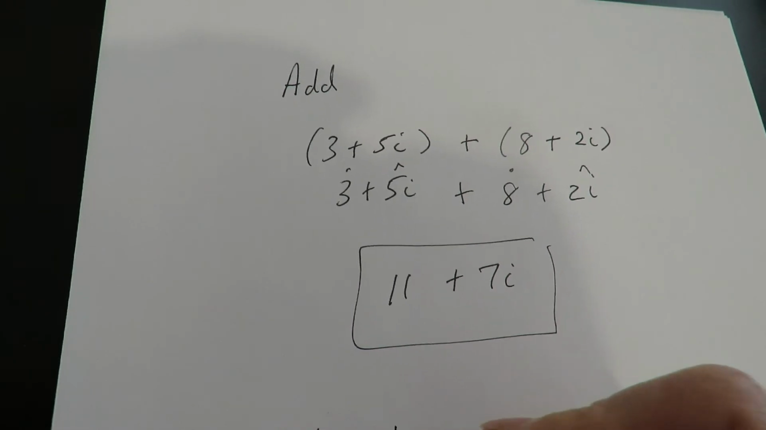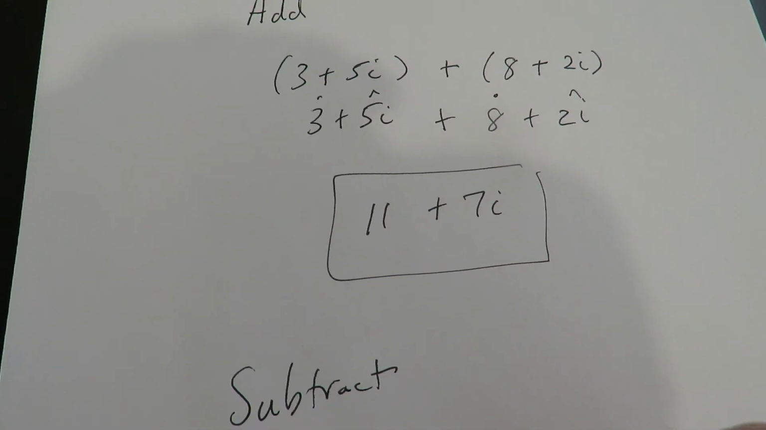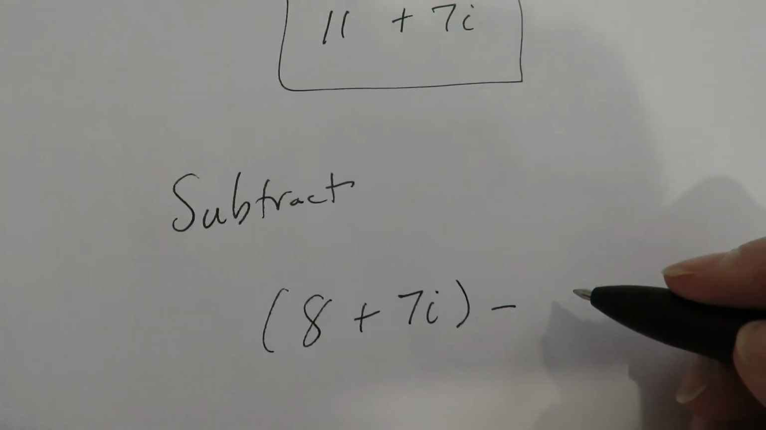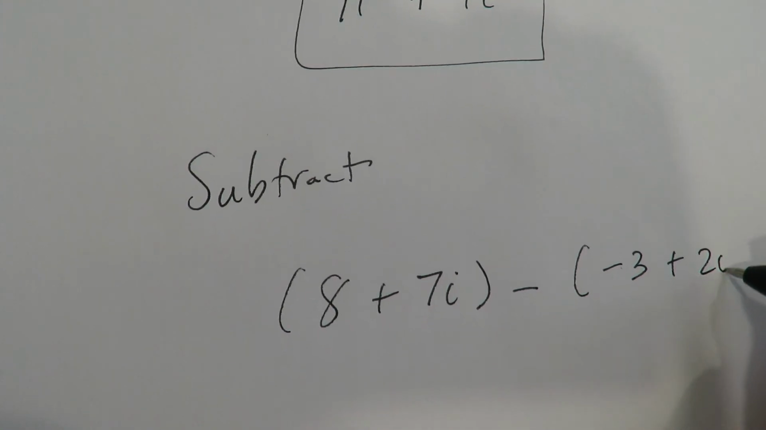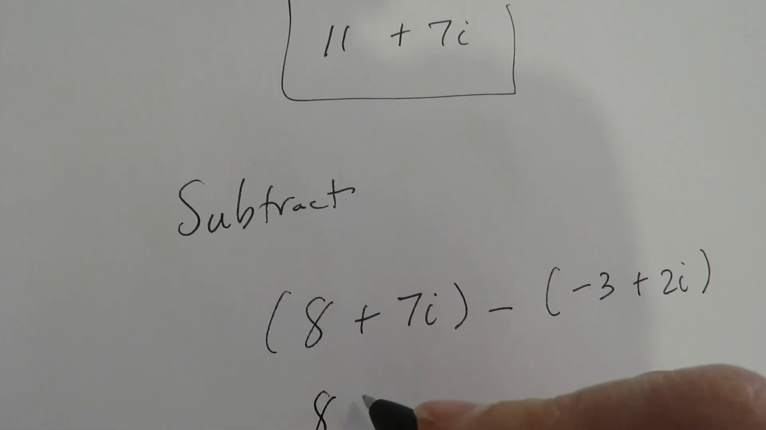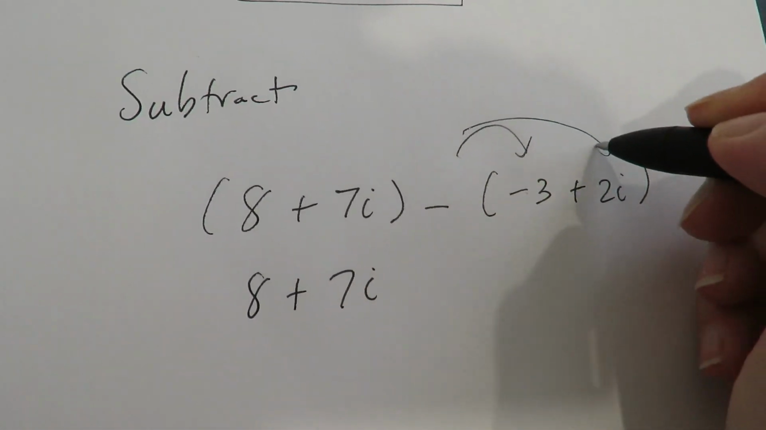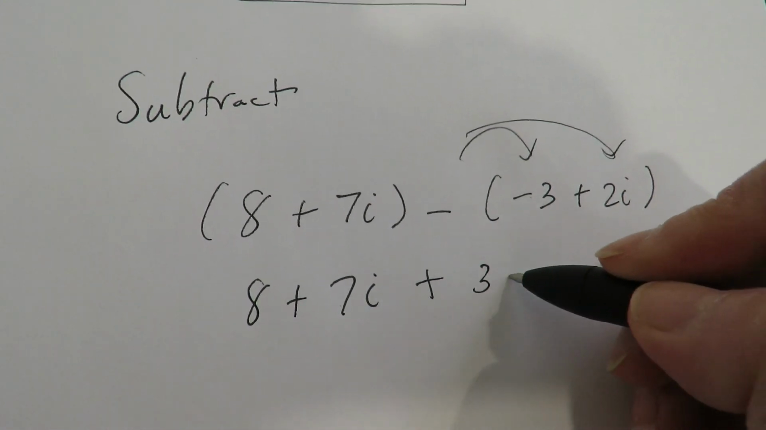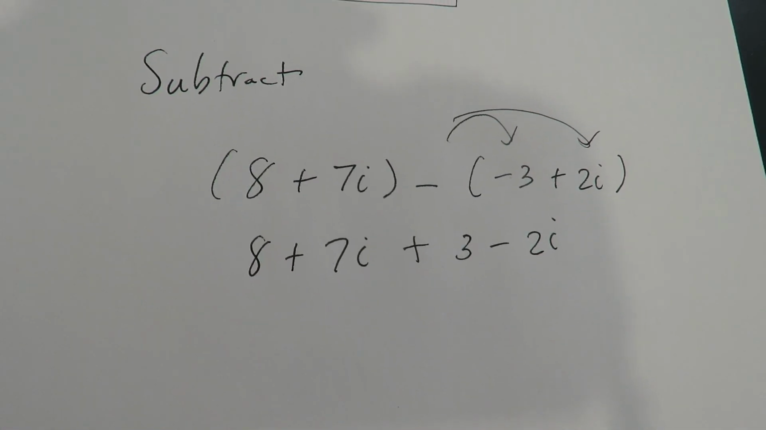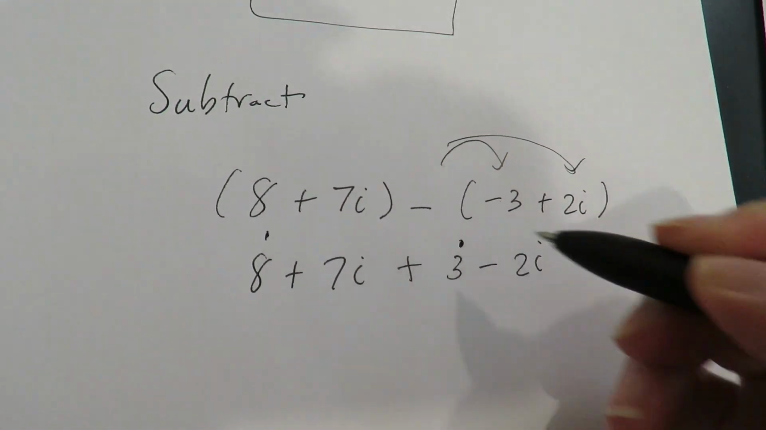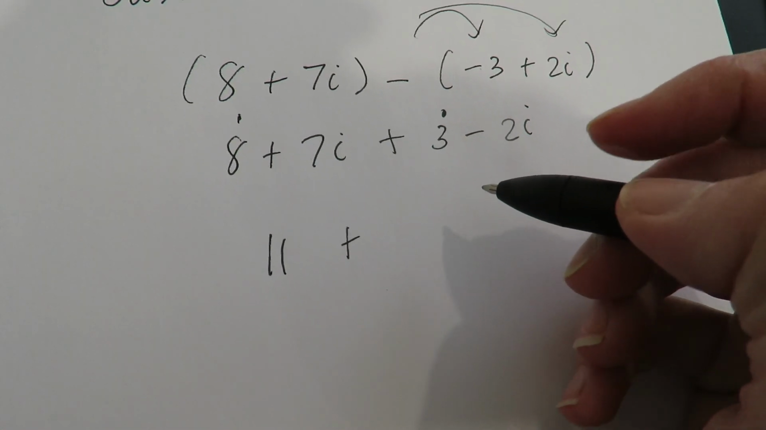And like I said, and subtract. So if we try that now, if I do 8 plus 7i minus -3 plus 2i, I'm first going to distribute the negative. These parentheses are essential, because that will change the sign. And then I'm going to combine like terms. So the 8 with the 3, the 7 with the -2i,